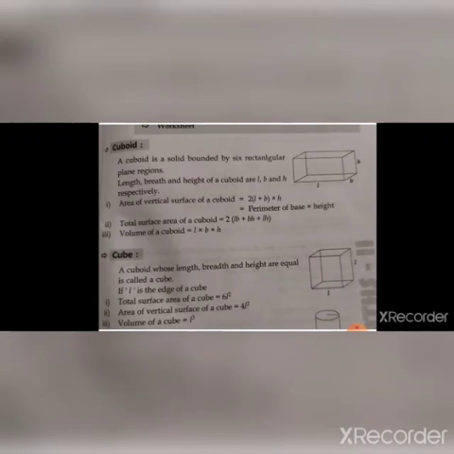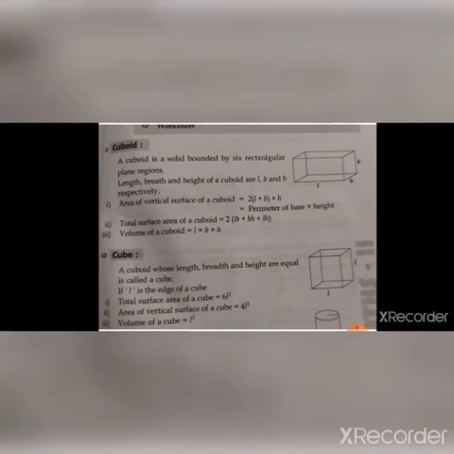So the two vertical faces on the length side have area length into height. In the same way, the two walls on the breadth side will have area breadth into height. So the formula concludes as 2 (L plus B) into H. Total surface area of a cuboid is 2 (LB plus BH plus LH). This formula we also know. Here, along with the vertical faces, the top and bottom of the room are also added. In the same way, volume of a cuboid is L into B into H.